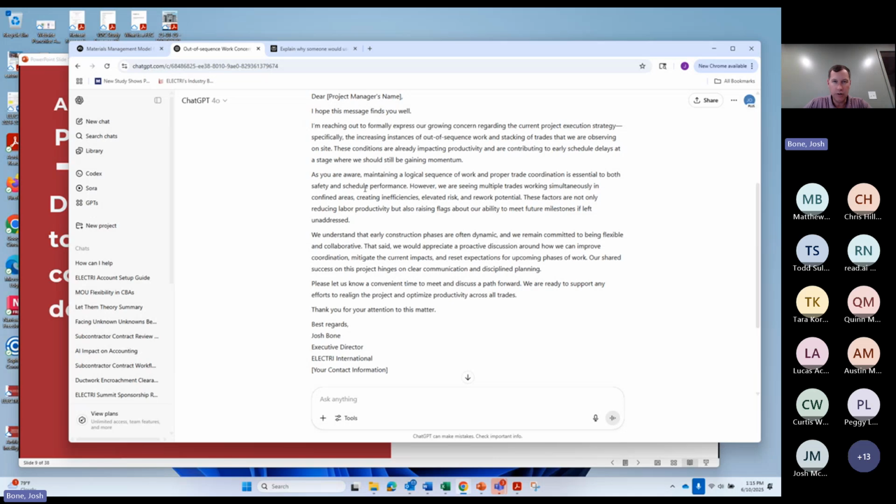So I'm kind of going through here, as you're aware, maintaining a logical sequence. Understand that early construction phases are often dynamic. We remain committed to flexible collaboration. So let's say now that where we can start to be more specific, where we can start to dial this message in here, this is where we can really start to,